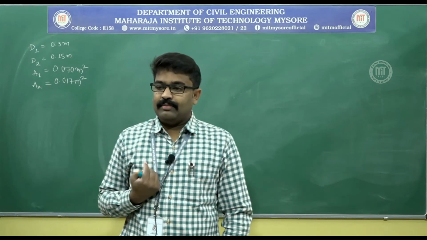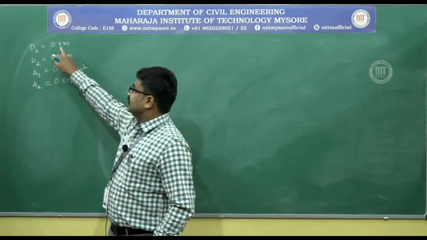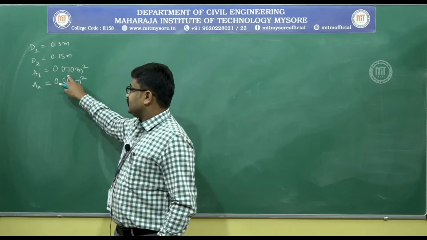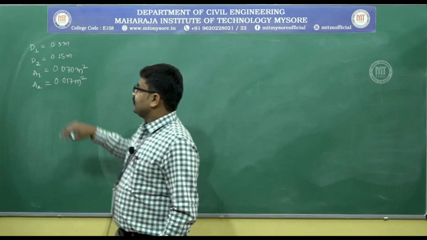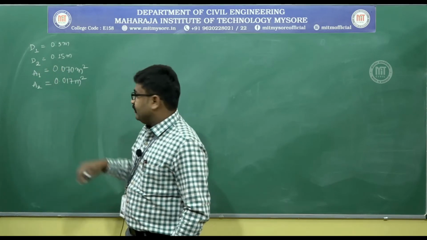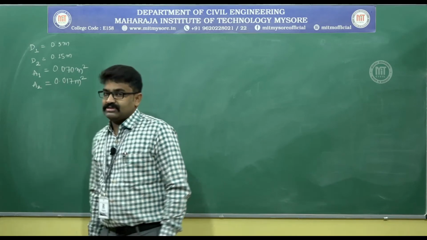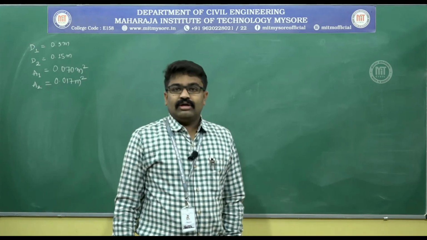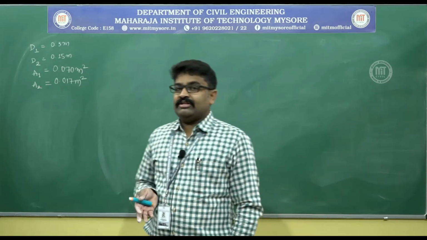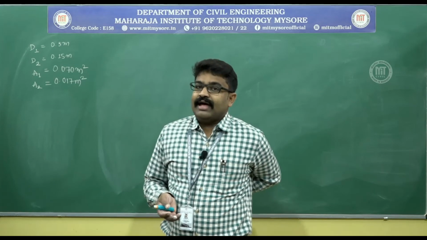If you read out the problem, you can come to know that the diameter at the inlet is 30 centimeters, that is nothing but 0.3 meters. When you calculate the area, it becomes 0.070 meter square. As well, diameter at the throat is 15 centimeter, which means 0.15 meter, and area at that throat section becomes 0.017 meter square. So, if you draw an inclined venturimeter and attach inverted U-tube manometer, let us see how it actually looks.